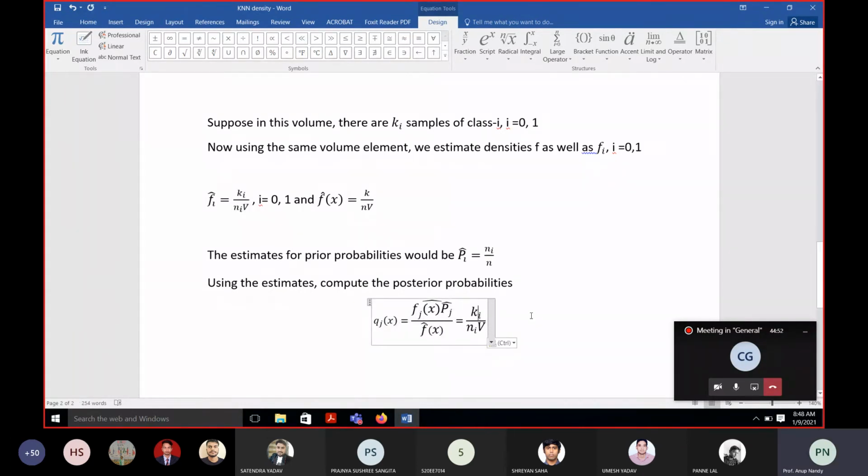All you need to do is just change I to J. Yes, that's it. What will be the value of pj? Nj by N. Multiply by nj by n. You have to have this n multiply by